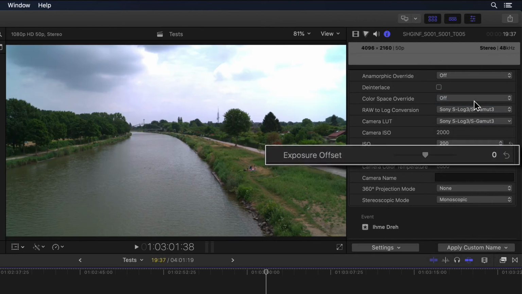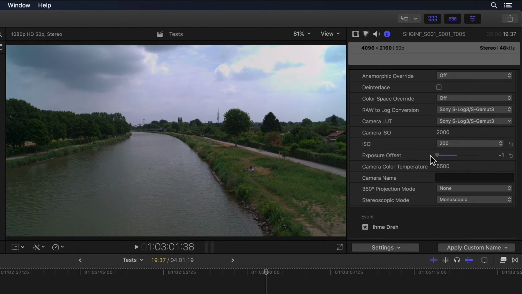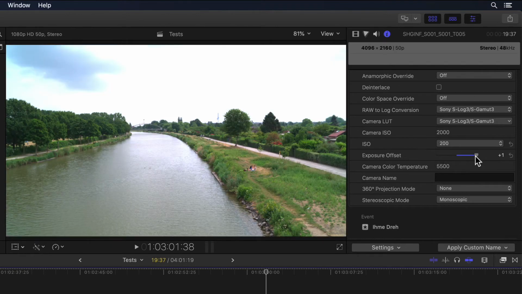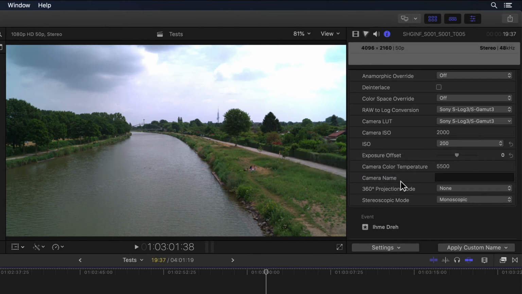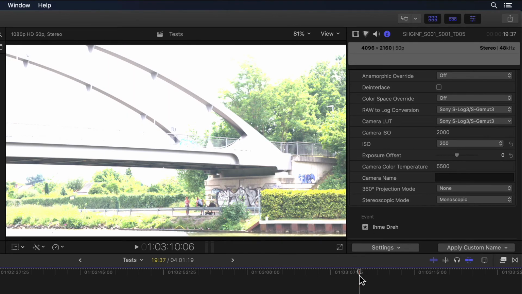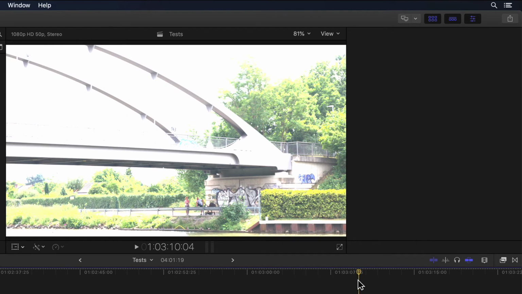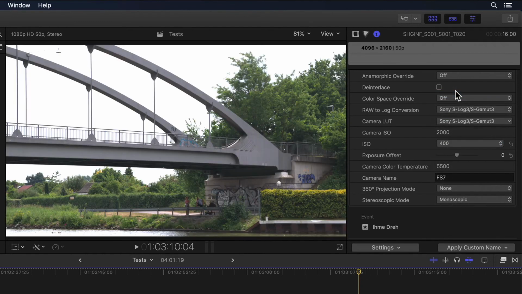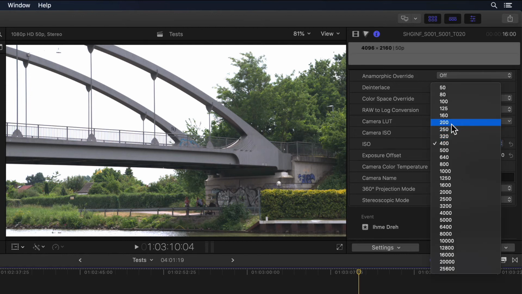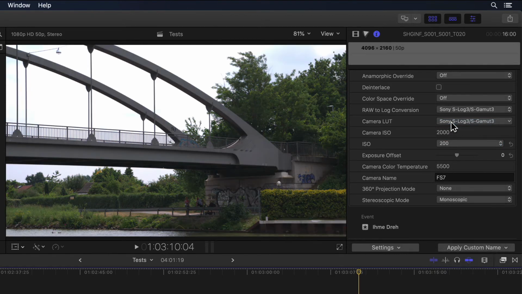Below that, you have a slider to change the exposure offset to anything between -1 and +1. And last but not least, a color temperature value. In my case, I'm unable to change the color temperature because these clips were recorded with a recorder with an older firmware version, which did not yet include all the now needed information in the metadata. Therefore, I can't change it in this particular instance. So be sure to look out for firmware and software updates for cameras and recorders to be sure that you're getting this information recorded to the files.